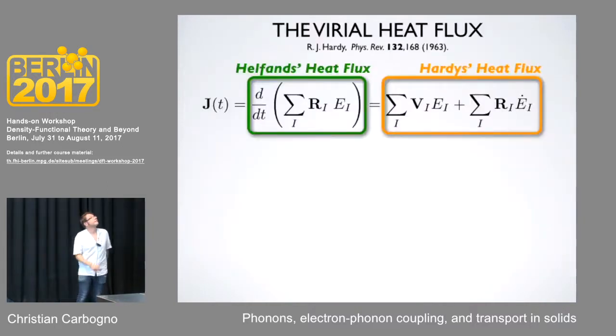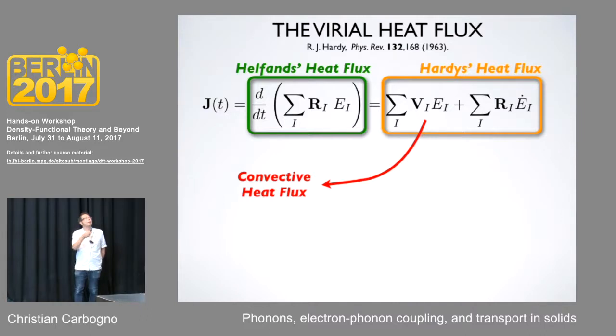One way around this is to go from this simple definition of the heat flux to looking a little bit more at the details and looking at what is really happening at a microscopic level. If you take this time derivative into the sum, you get two contributions. One is velocity times energy. This is called convection. This is happening in an ideal gas or liquid. You have one particle that is hot and is traveling from one part of the room to the other, and then it heats up the other room. And this is actually what is driving thermal conductivity in this room, in the gas, why it's hotter up there where Volker sits than down here where I am.